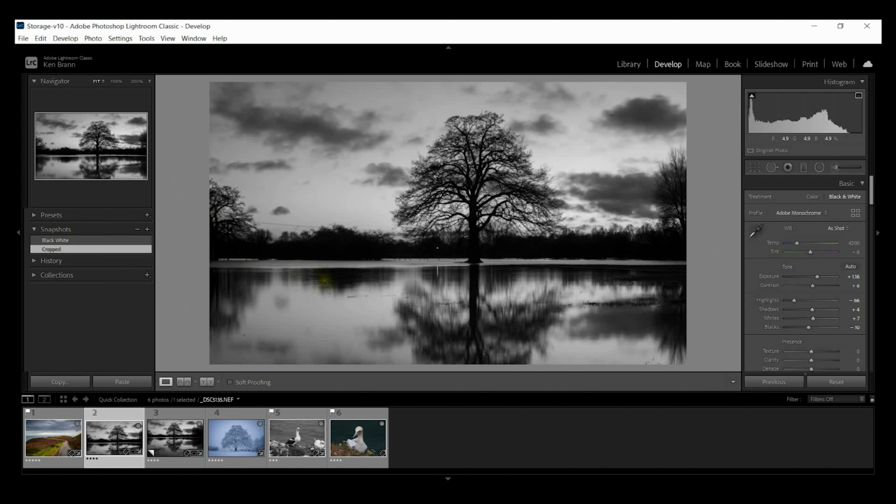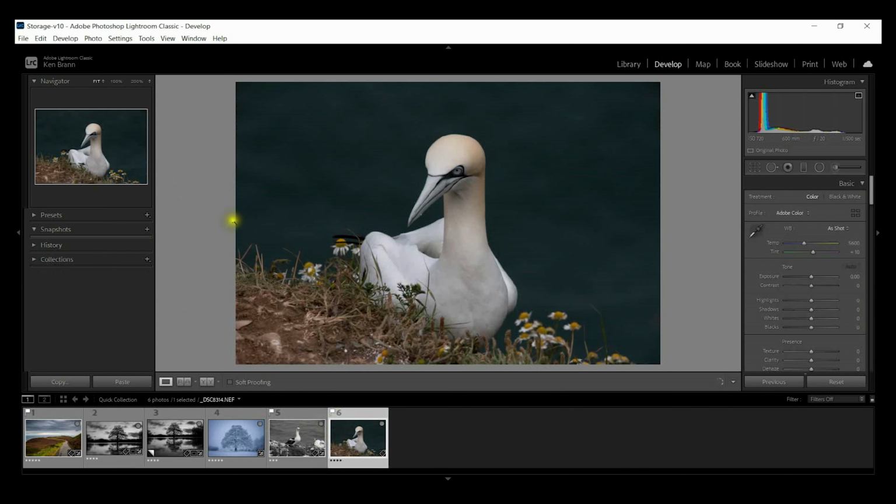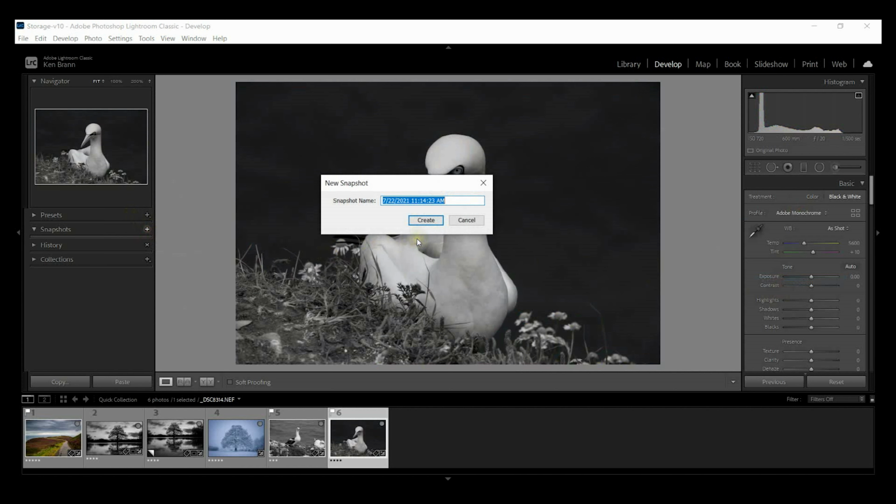Now, the other thing that I noticed, if I export, so let's start over here and let's create a snapshot. We're going to change this image from color. We're going to make it monochrome, and then we're going to create a snapshot, and we're just going to call it B&W.